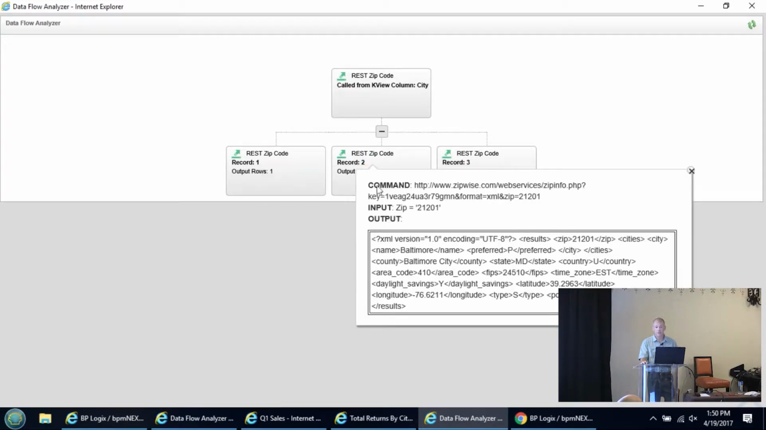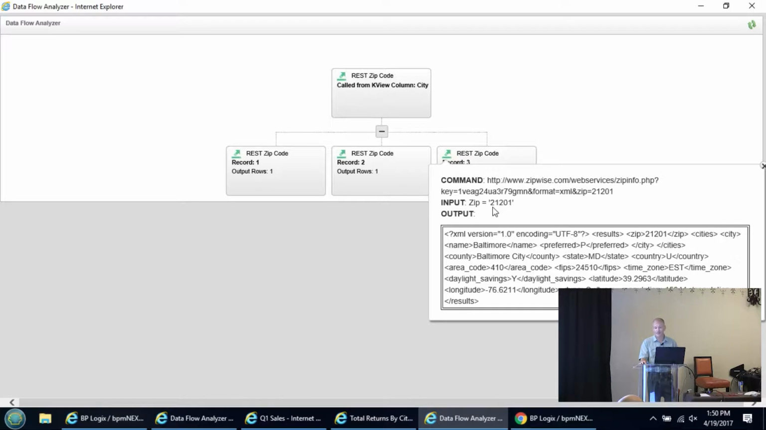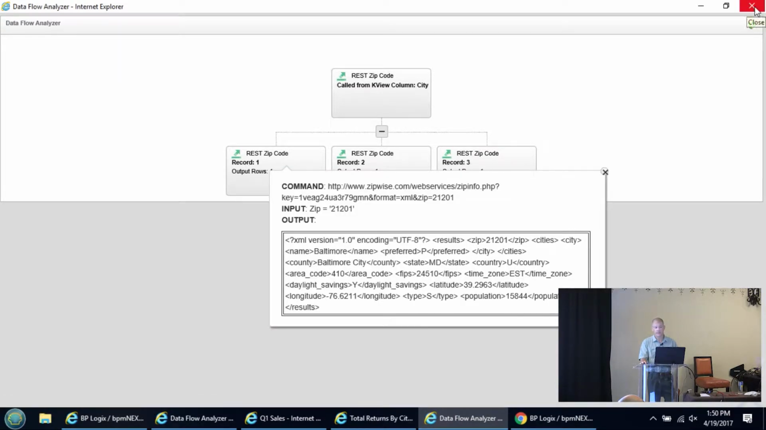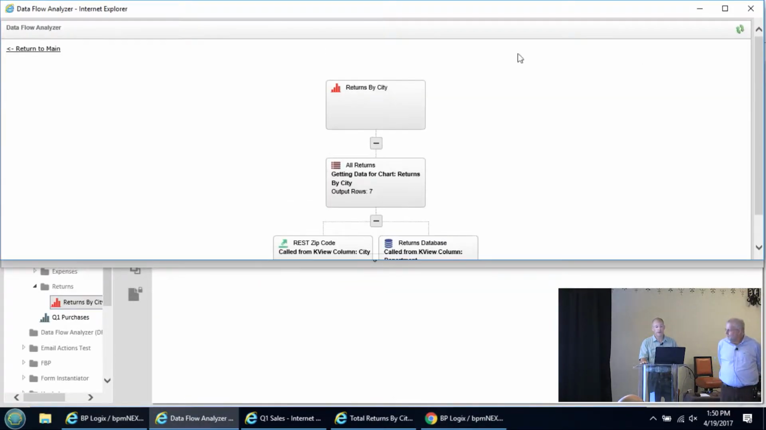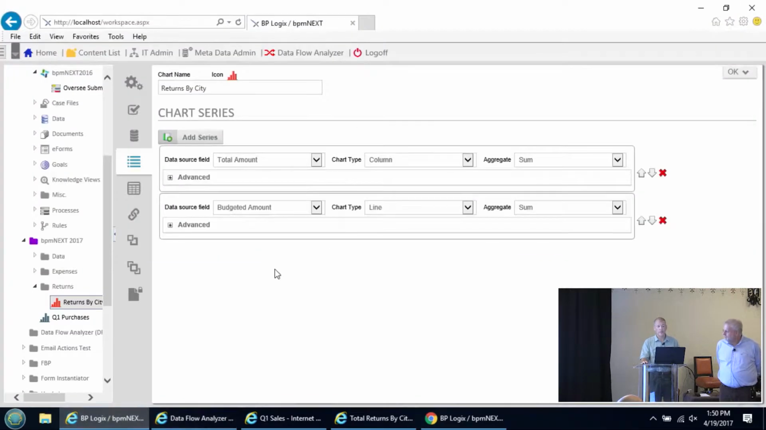I can click on each one of these and inspect each one, and as I go through this, I can notice that each one of the zip codes happens to be the same. It's this 21201. So that kind of tells me that's probably not what this was intended to do, because it should be sending in different zip codes. What I'm going to do then is go back and take a look at that particular